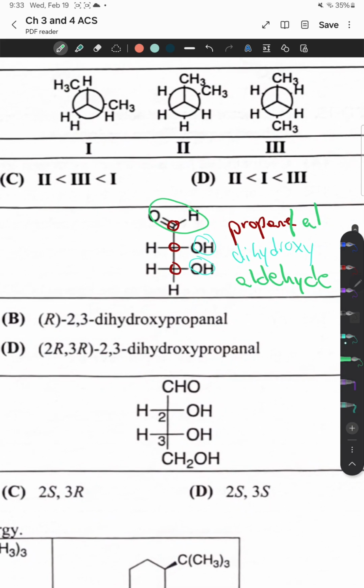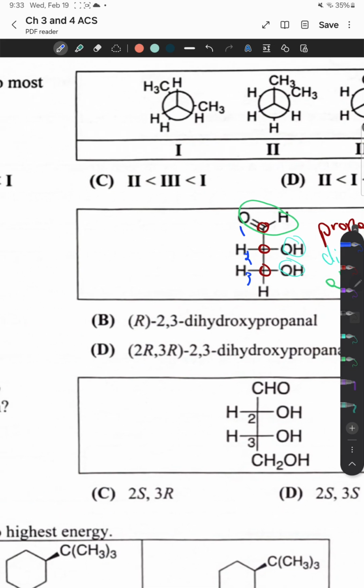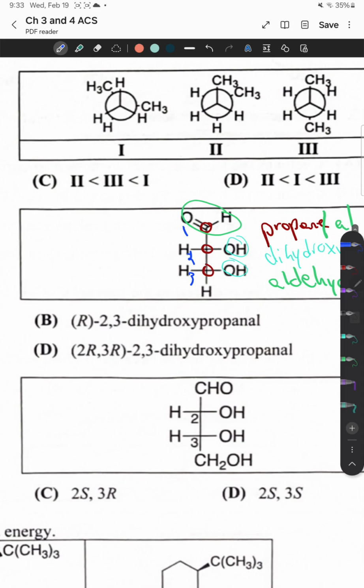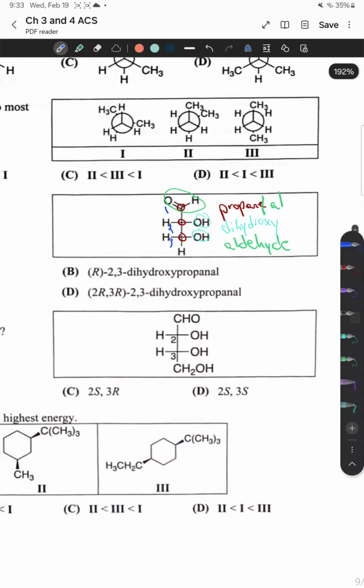Now when we're numbering this, we start from the terminal side that has the soonest functional group present. So on this side we can see that it starts off with an aldehyde compared to this one, where the second one starts off with an alcohol. So we start from here. 1, 2, 3. So our naming for it so far, we don't need to label the al because it's on the terminal side. So we're gonna have so far 2, 3